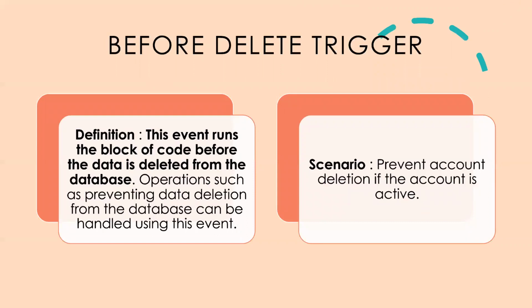Let's say there is any custom action or any task that you want to perform before a record is deleted from Salesforce. Then that particular logic you can include under the before delete event trigger. For example, here I have a scenario wherein I want to prevent the account deletion if the account is active. If somebody tries to delete an account, but the account is active, then I want to show an error message that pops up on the screen